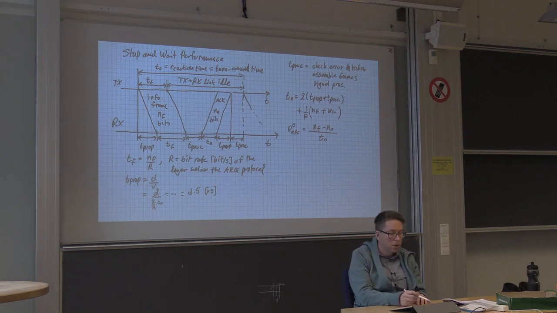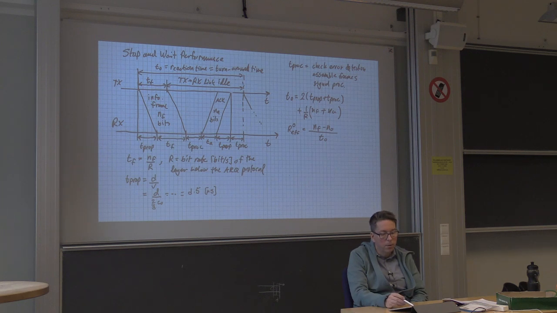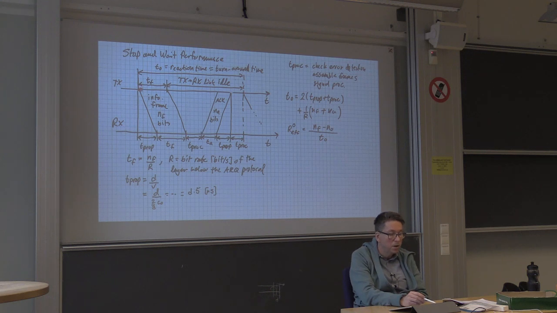So it's important that we understand why the effective rate is of this form. It has to do with the number of payload bits or service data unit bits here. And that is the total number of bits we transmit subtracted off the overhead bits. And then we divide through by the time it takes to transmit this. And it takes T0 seconds. Why does it take T0 seconds? It seems like it takes TF seconds here to transmit that.